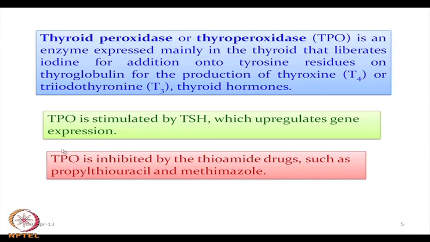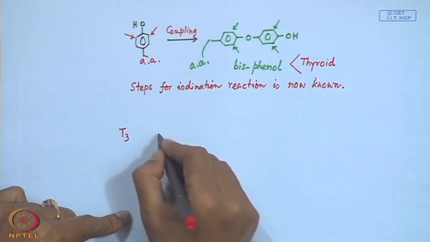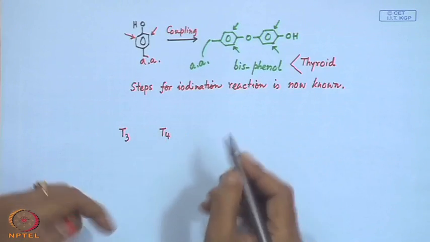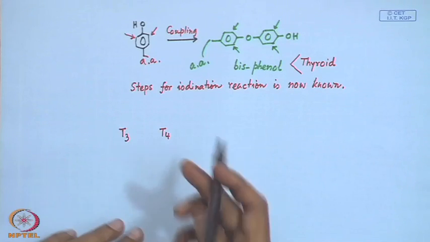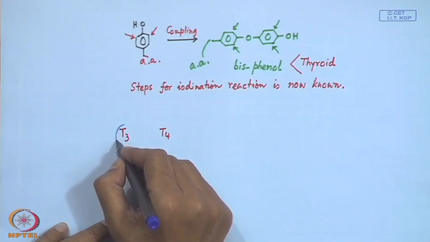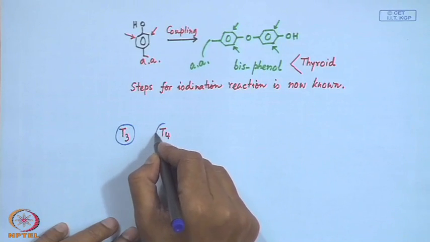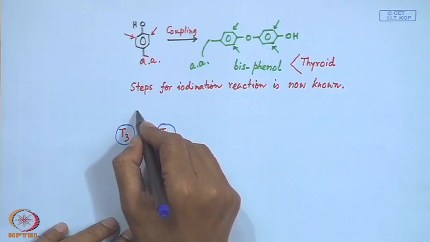So, we see that sometimes, if our thyroid gland is proactive, its activity is more, and it is producing more of the corresponding thyroid hormones, thyroxine and triiodothyronine. T3 and T4, as we have seen, can control the corresponding metabolic rate of our body. So, if they are being produced in higher concentration, that means the thyroid gland